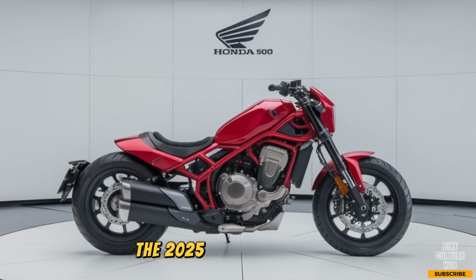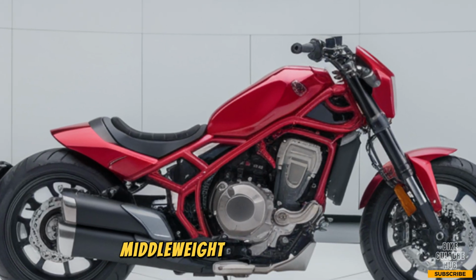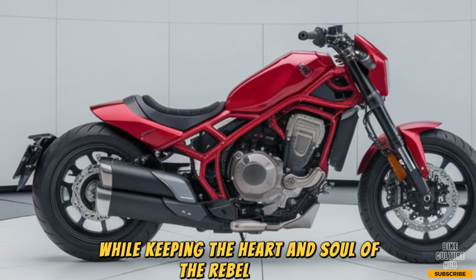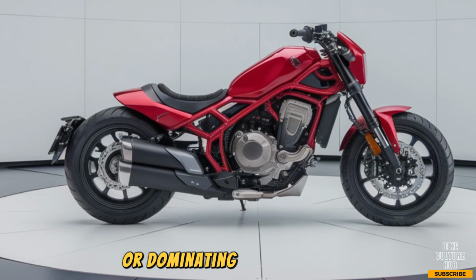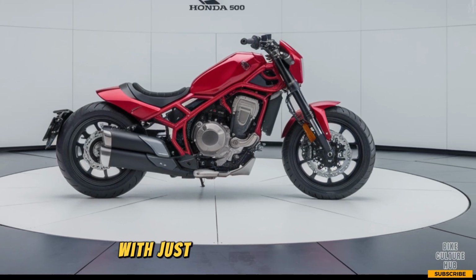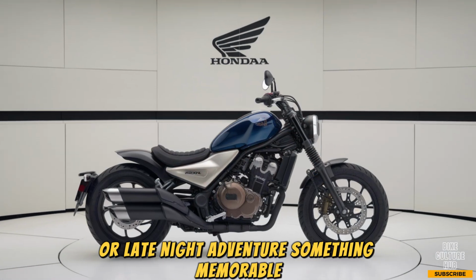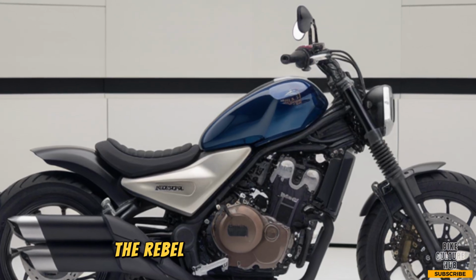The 2025 Honda Rebel 500 continues its legacy as one of the most stylish and approachable middleweight cruisers on the market, and for 2025, Honda has subtly refined the package while keeping the heart and soul of the Rebel intact. This bike isn't about chasing lap times or dominating the drag strip. It's about delivering a soulful, enjoyable ride with just the right amount of attitude and character to make every commute, weekend cruise, or late-night adventure something memorable. For riders who want a machine that looks as cool as it feels to ride, the Rebel 500 might just